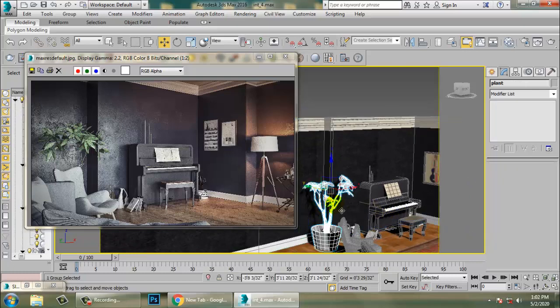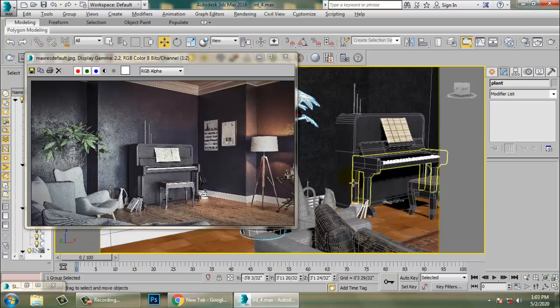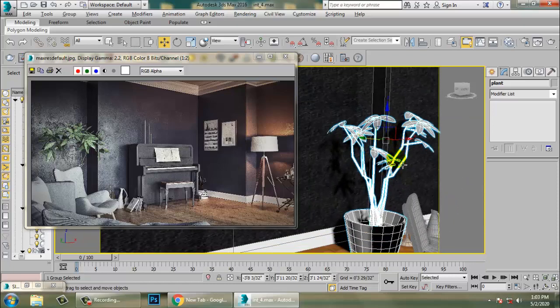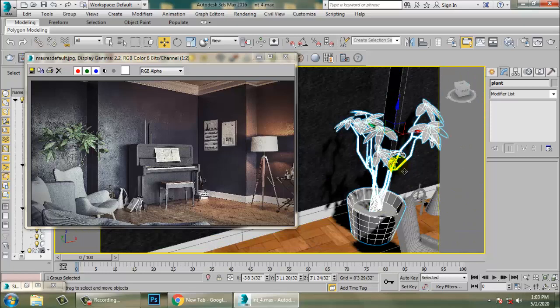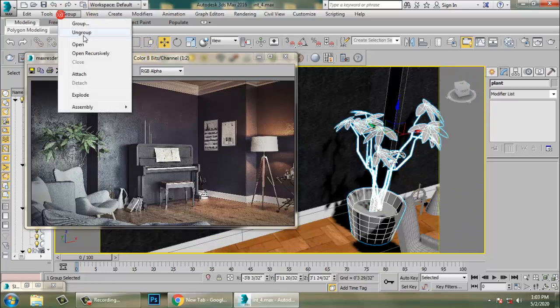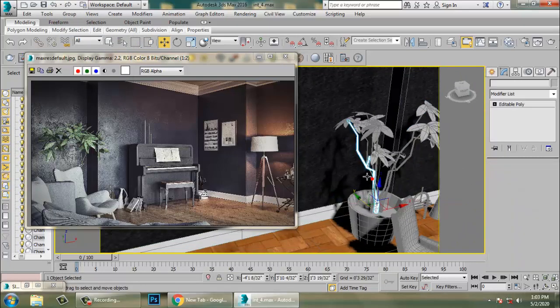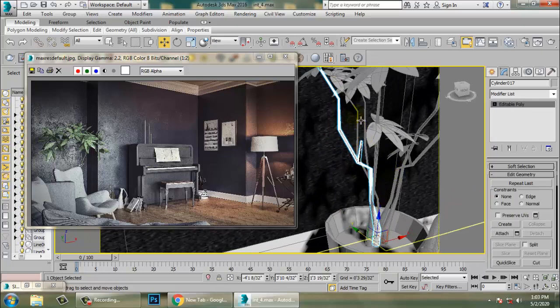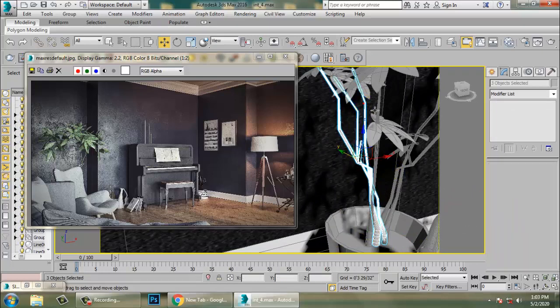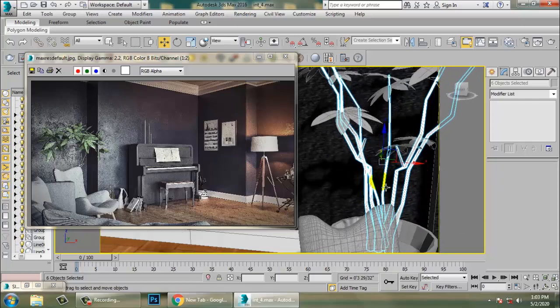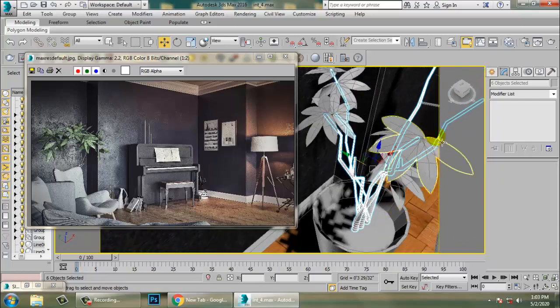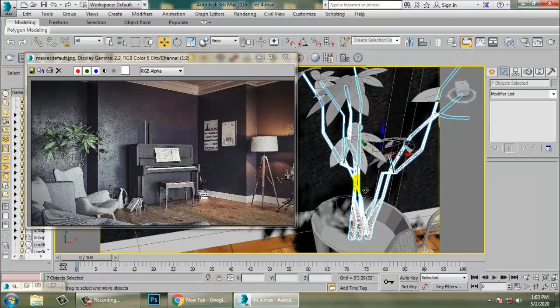Now select the foliages over here and let's go into group and ungroup it. Select this. And let's go into material.